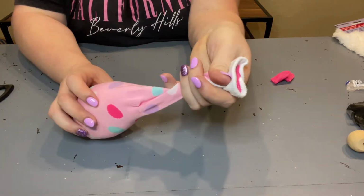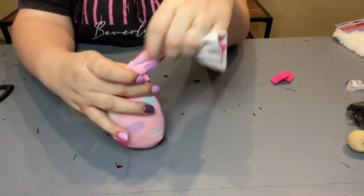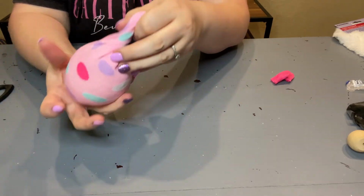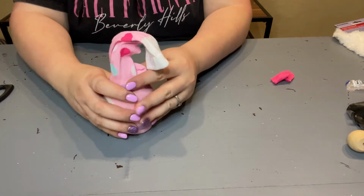And then, of course, you can tie it with a rubber band, but I prefer to tie it not with the actual sock. So just push down your filler a little bit. You want enough where it's going to kind of stand up, not too bulky, but